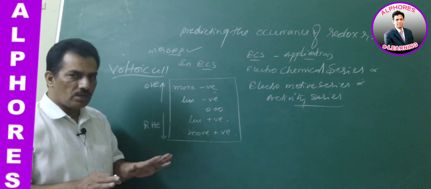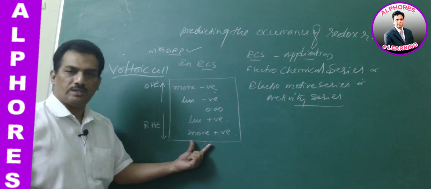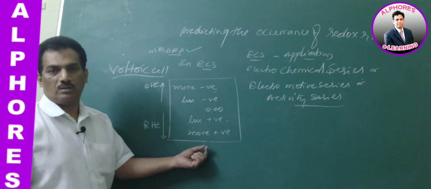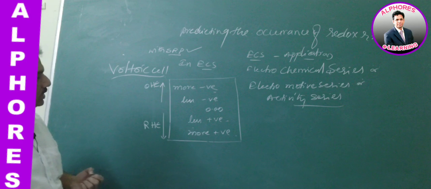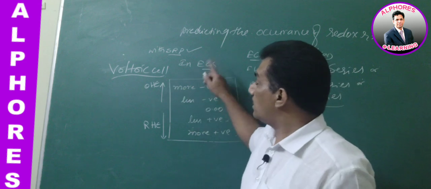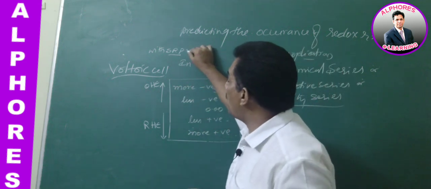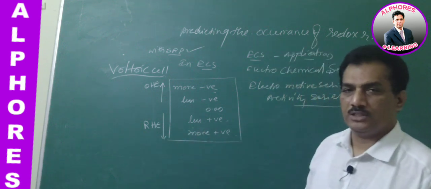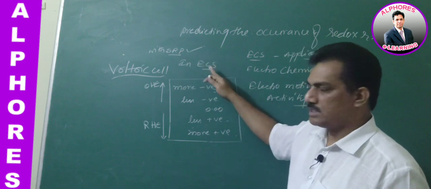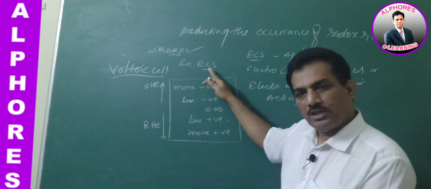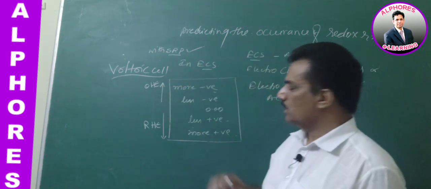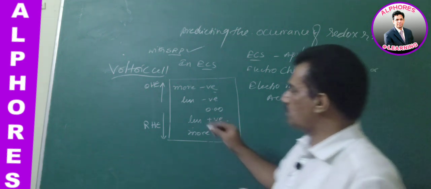It is very interesting, and you should remember this sequence. Then only you can answer the logical questions or solve the numerical questions. Clear? So the first conclusion is that in the electrochemical series, when such an arrangement happens, you remember it is with SRP values only, not SOP. SOP will be reversed. That's why I am asking you to memorize only with SRP. If SOP is given, just convert it into SRP. The above one is the oxidation half electrode, the below one is the reduction half electrode. That is the first conclusion.